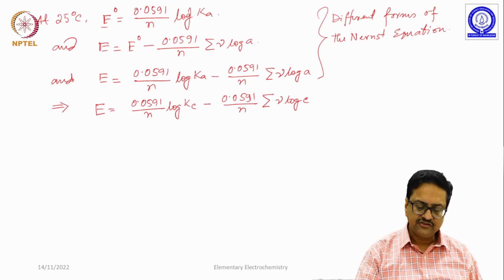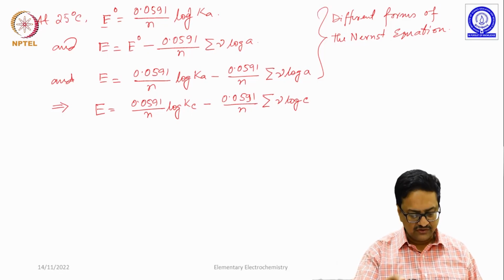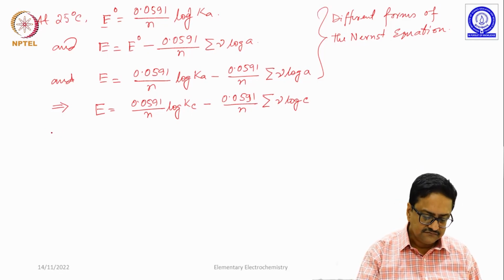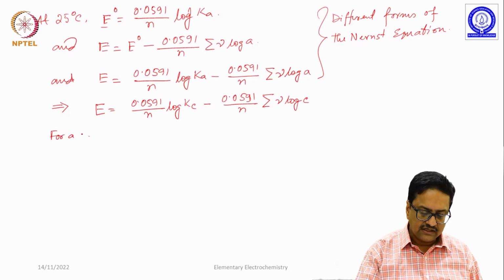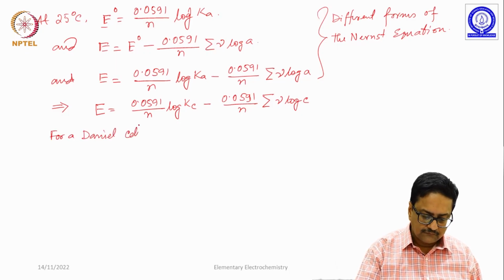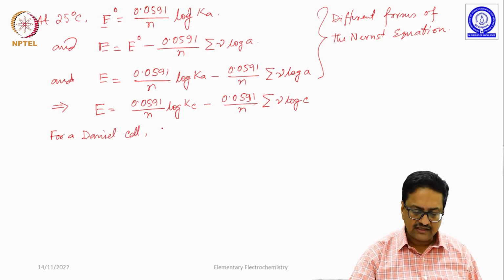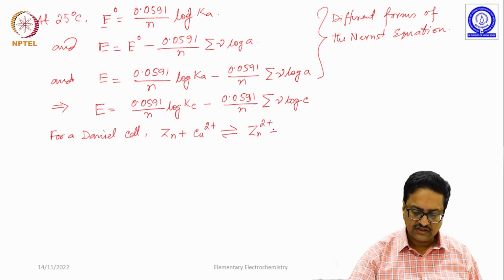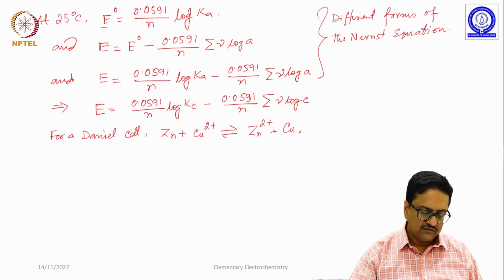So now if we try to think about a Daniell cell, for a Daniell cell where the cell reaction is Zn plus Cu2+ in equilibrium with Zn2+ plus Cu, one can write Ka equal